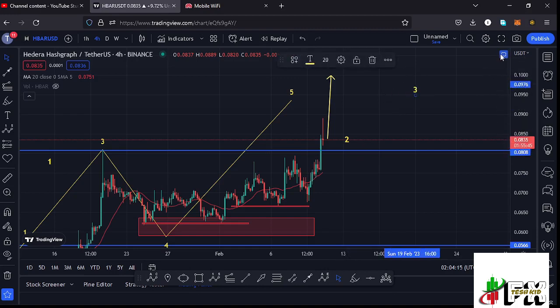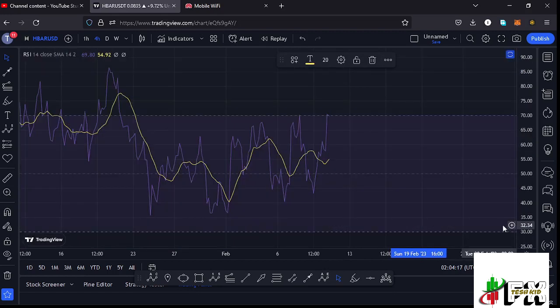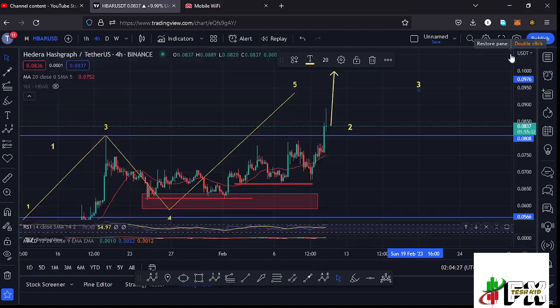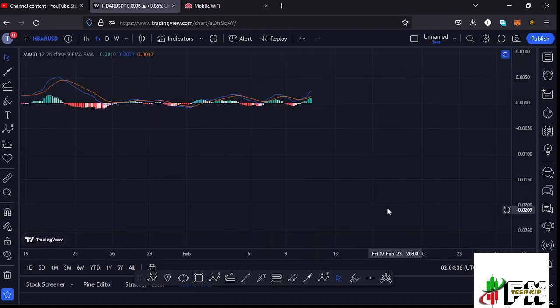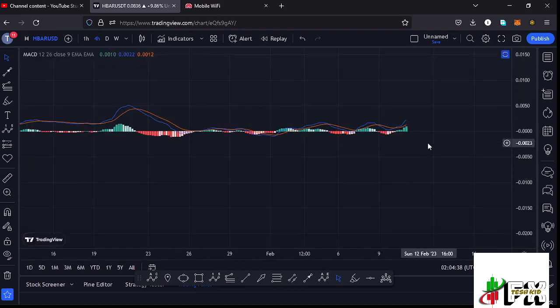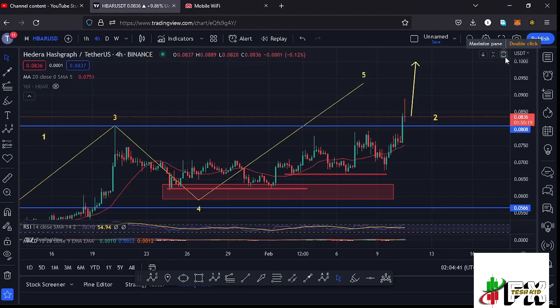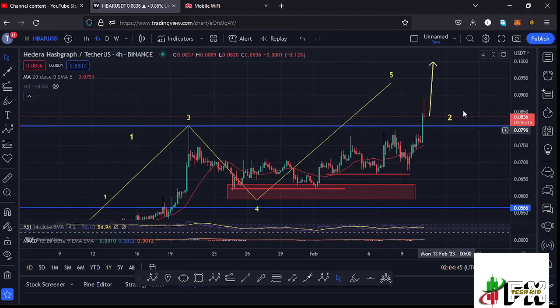And also taking a look at the indicators to see what movements will be supported, here on the RSI we are trading at around the 70 mark, meaning we are just about to get into the overbought region, meaning soon we might not be able to support higher prices here on the RSI after getting into the overbought region. Also taking a look at the MACD, here on the MACD we have printed a bullish cross fully supporting higher prices here on the Hbar chart. So let's be patient and see how that plays out, and I'll be keeping you updated.